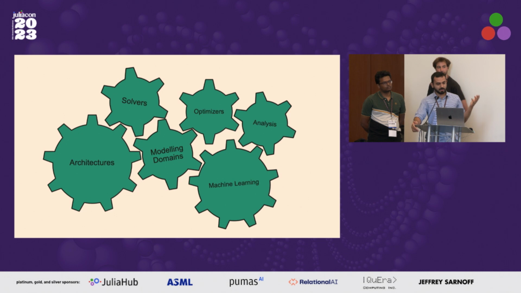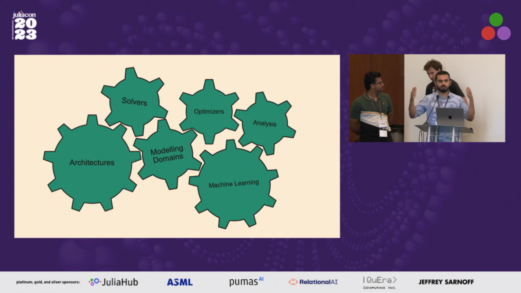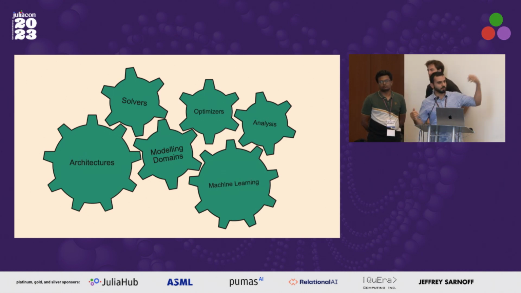You need support of various, what used to be very separate verticals in scientific computing. You want to be able to support very different architectures. Someone will just want to run experiments on their laptop. Someone will want to use GPUs or even TPUs. You want very fast solvers, not just for differential equations, because differential equation solvers don't exist by themselves. You need linear solvers. You need nonlinear solvers. So you need a robust ecosystem where you can swap in all these parts that make up the entire solver